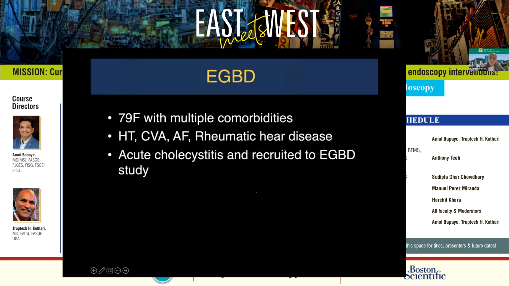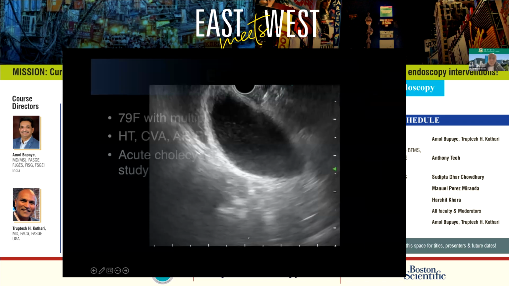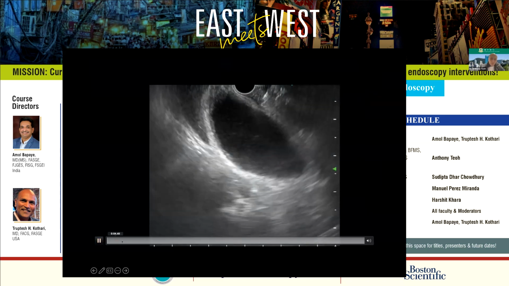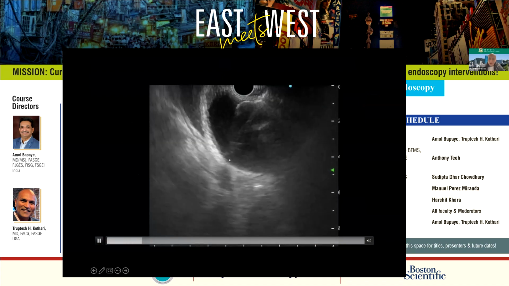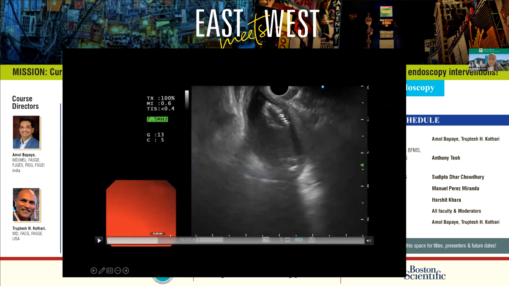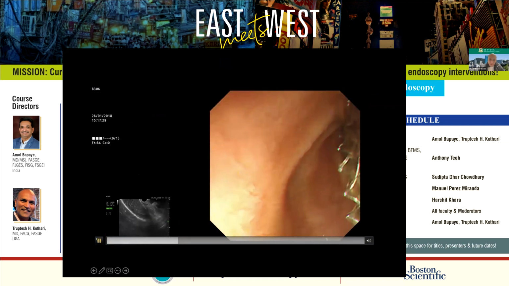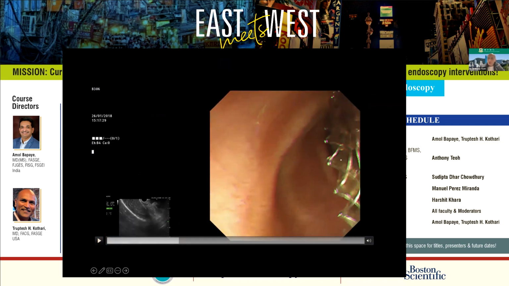I'm going to talk about one more video and end this talk. This is a patient with an EUS gallbladder drainage, which at the end resulted in perforation. So the first part of the procedure went really smoothly. The gallbladder was punctured with the stent and then opened. So right here, I was trying to get an end-on view of the stent as I was torquing towards the stent.